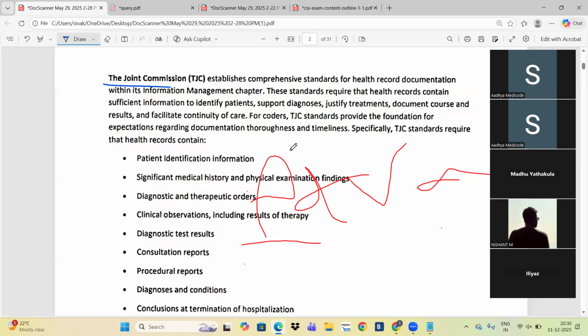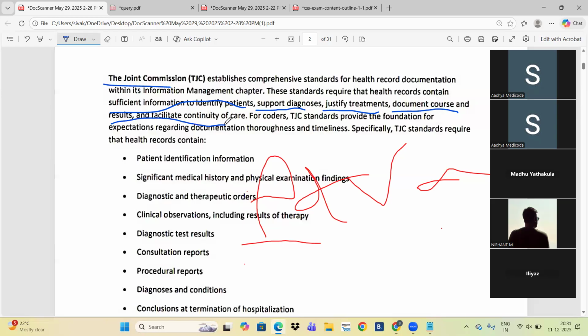What are the things they need to mention in the record? The standards require the health record to contain sufficient information to identify the patient, support the diagnosis, justify treatments, which means diagnosis related treatment, document course and results, and facilitate continuity of care.